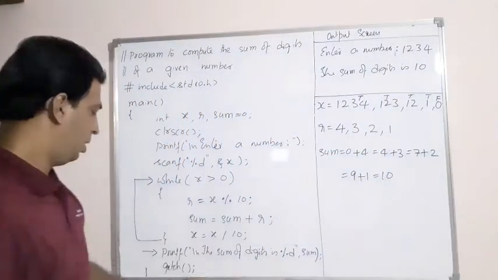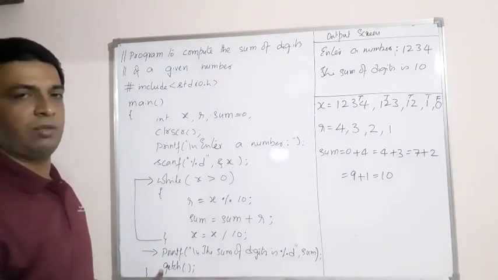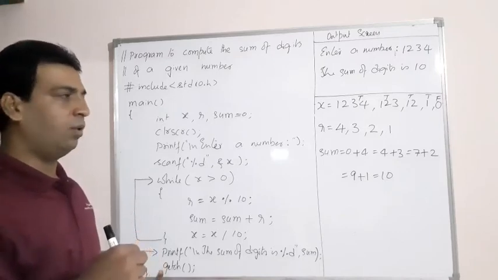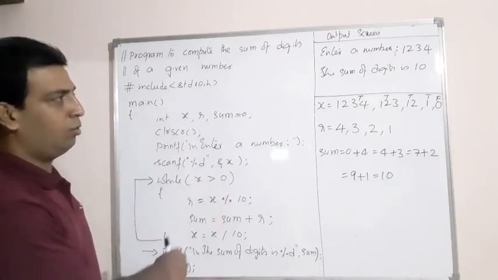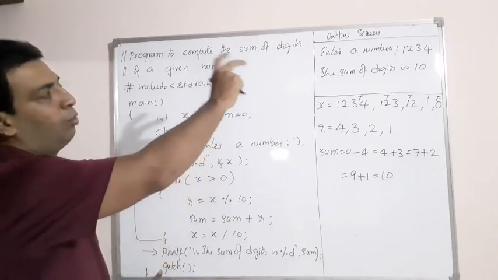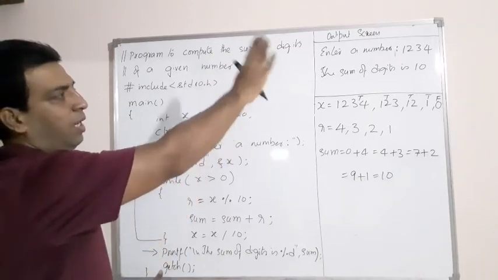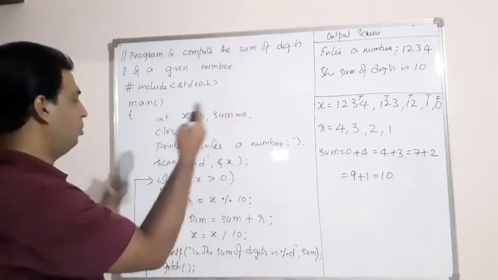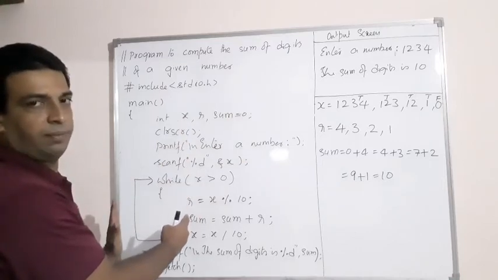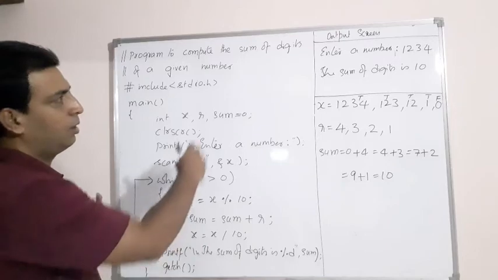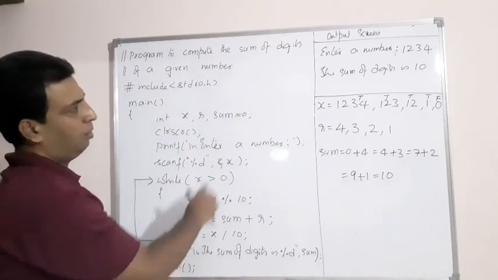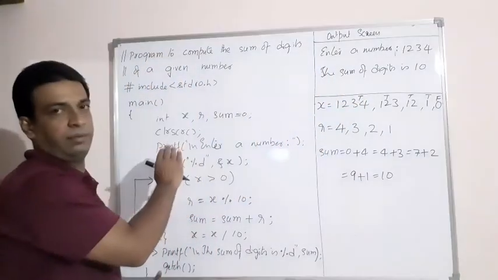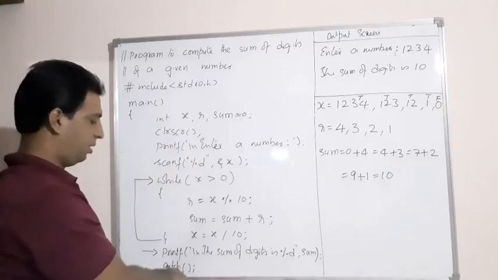Okay. After this, there will be getch, which is actually an unformatted input function which is used to read a character from keyboard. So here in this context, this getch is used to make the output screen remain until you verify your output and press any key. As soon as you press a key, the execution will go to the edit screen, programming screen. Okay. And you can verify output. If you don't give getch, what happens after displaying this output? It will immediately go back to the edit screen, programming screen. Okay, so that's why getch is given, right?